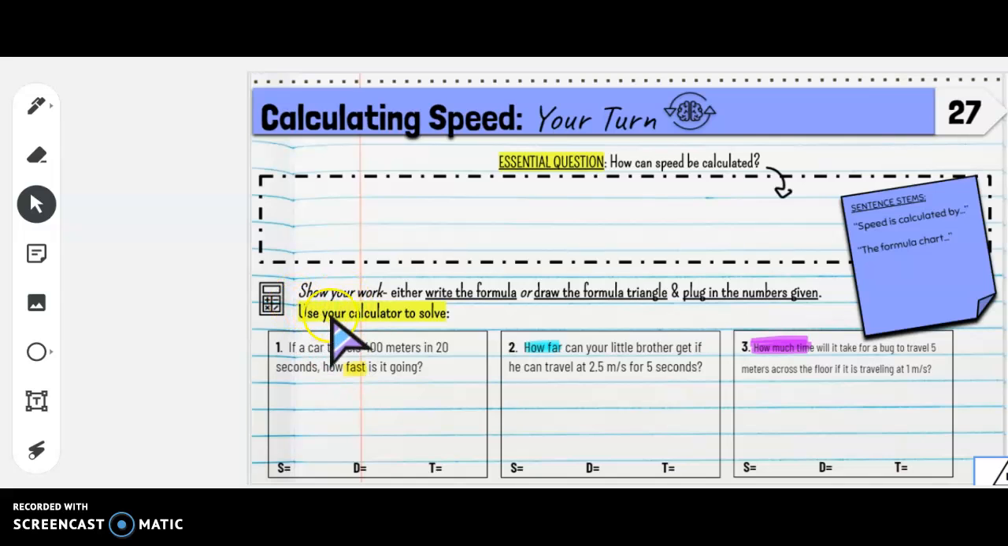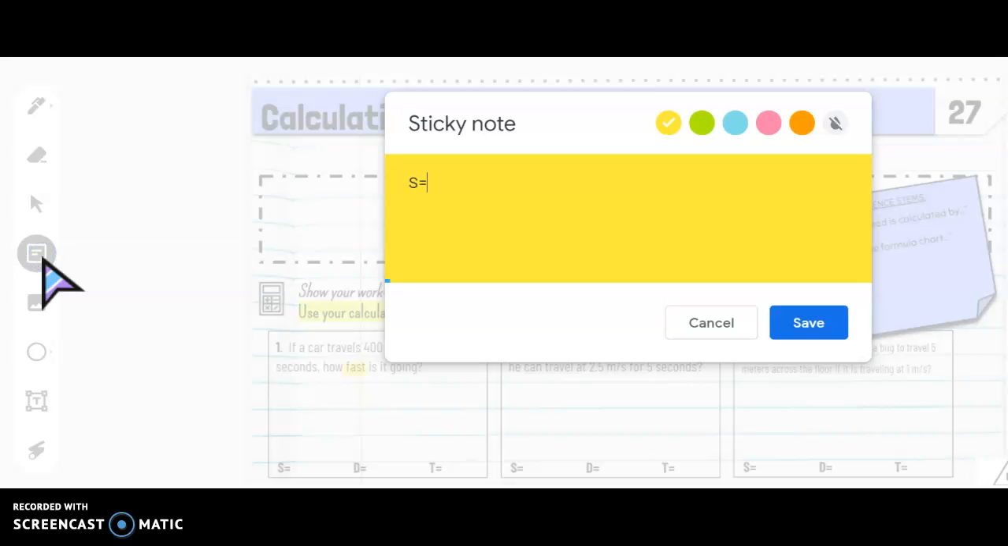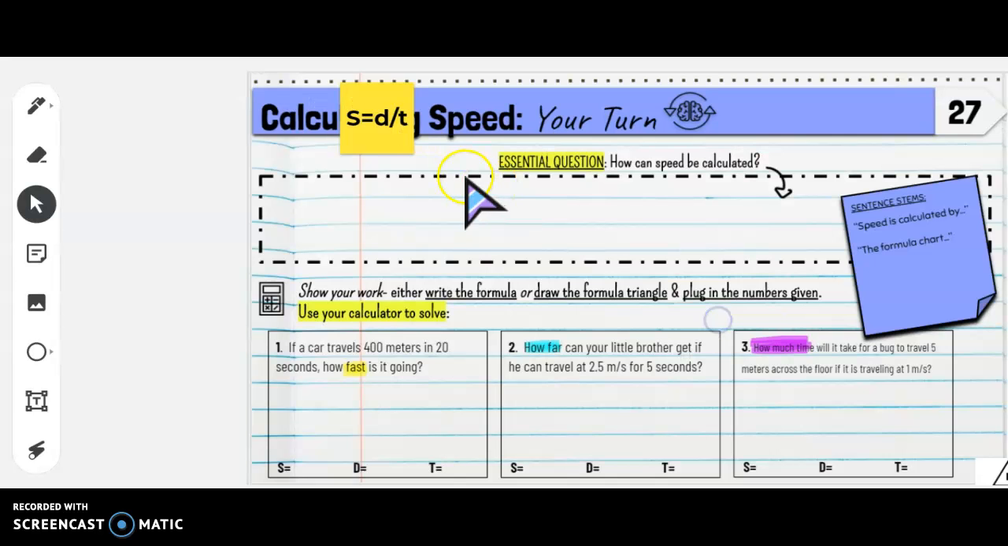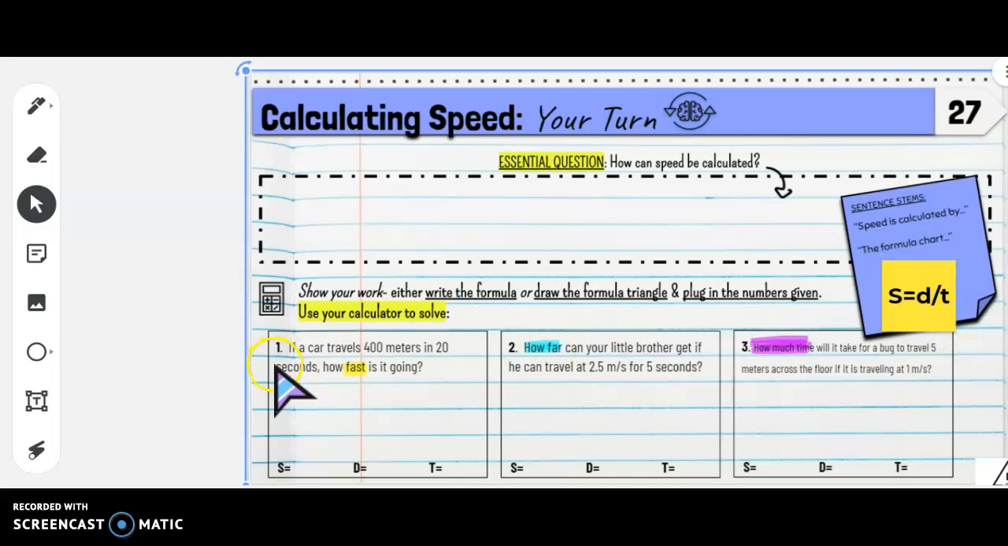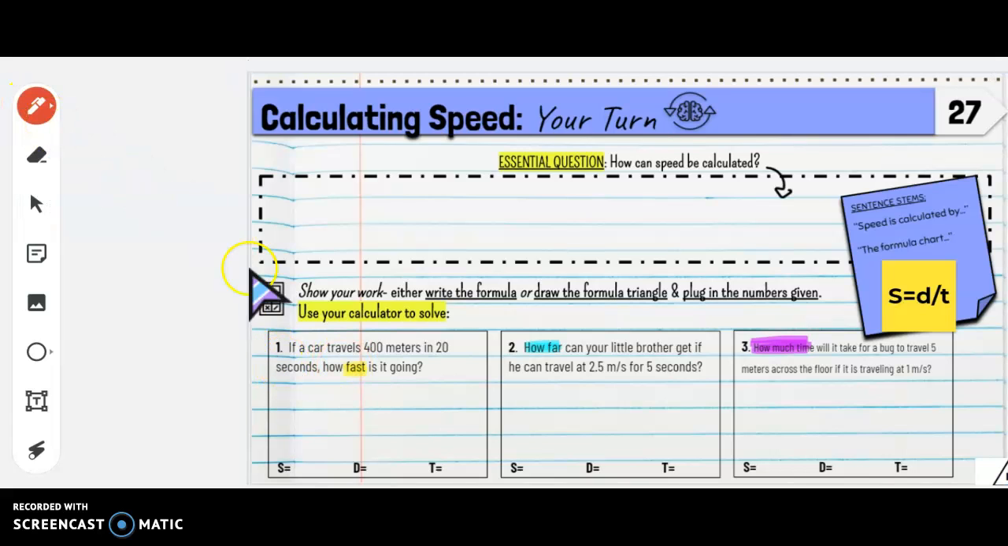The directions say to show your work, either write the formula or draw the formula triangle and plug in the numbers given. Use your calculator to solve. So thinking about the formula for speed, we know speed equals distance divided by time. So I'll keep this here as a reminder. And looking at question number 1, it says if a car travels 400 meters in 20 seconds, how fast is